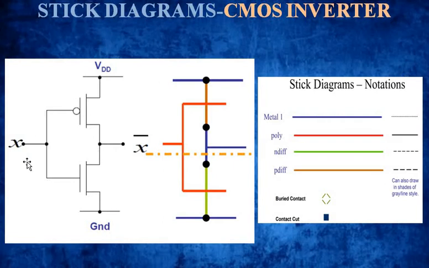This is the circuit diagram where you are having the NMOS transistor and PMOS transistor. They both are connected to an input. Here at V in you are getting the input, at the X bar you are getting the V out output. As it is an inverter, obviously if you are giving 0 as the input, 1 will be the output. If you are giving X as the input, X bar will be the output. Correct? These are the gates. These both gates are connected to give you the input V in. Right? So this is your P transistor. For P transistor, P diffusion, which line do we have to use? See, remember every time, first we have to draw the rails, VDD and ground.